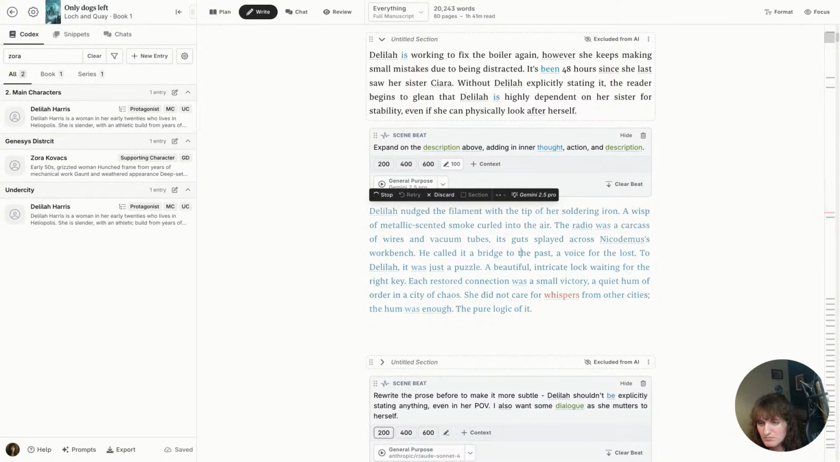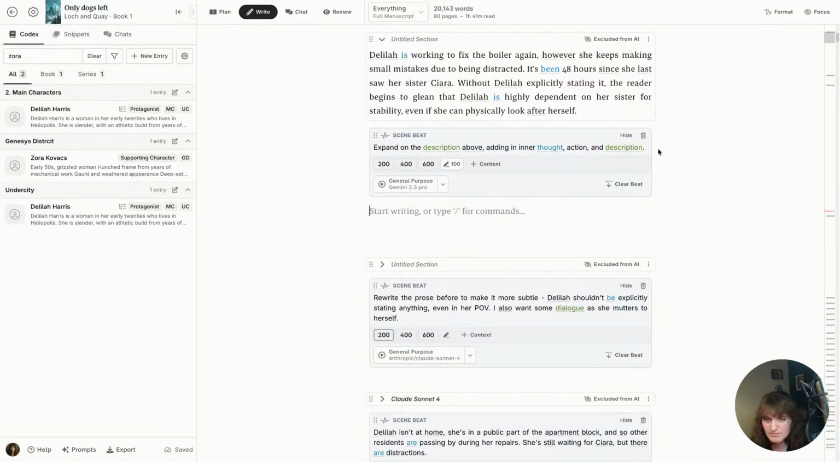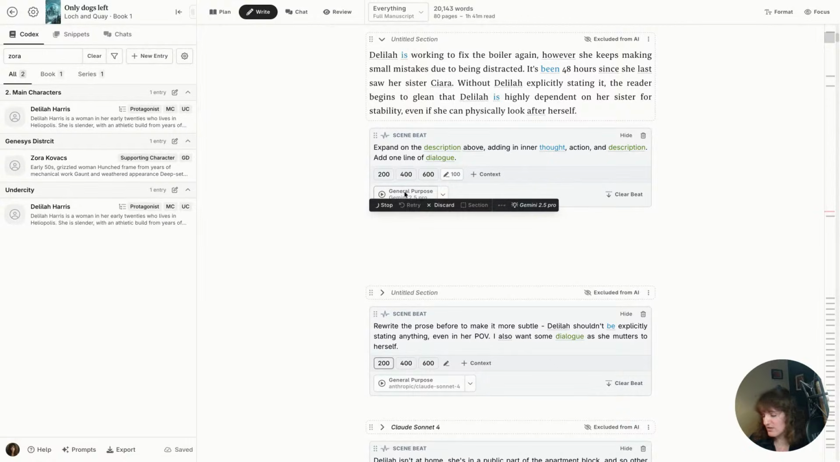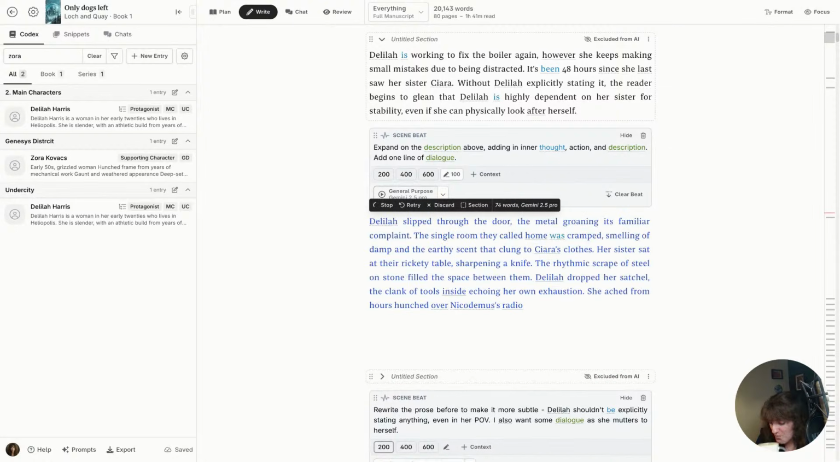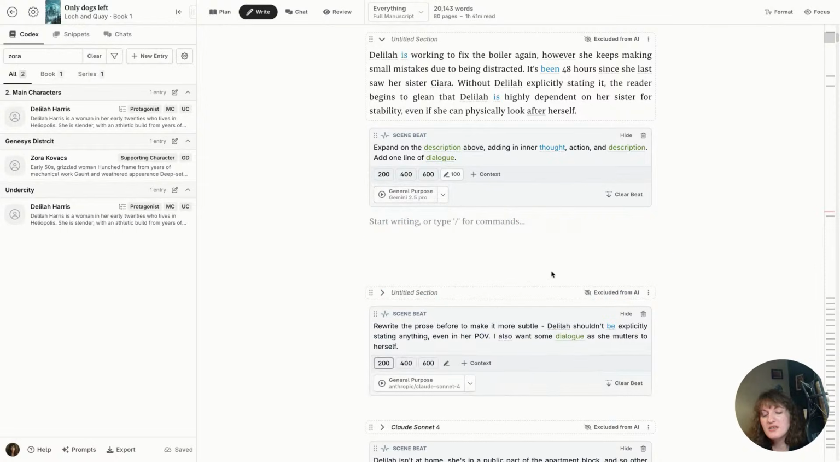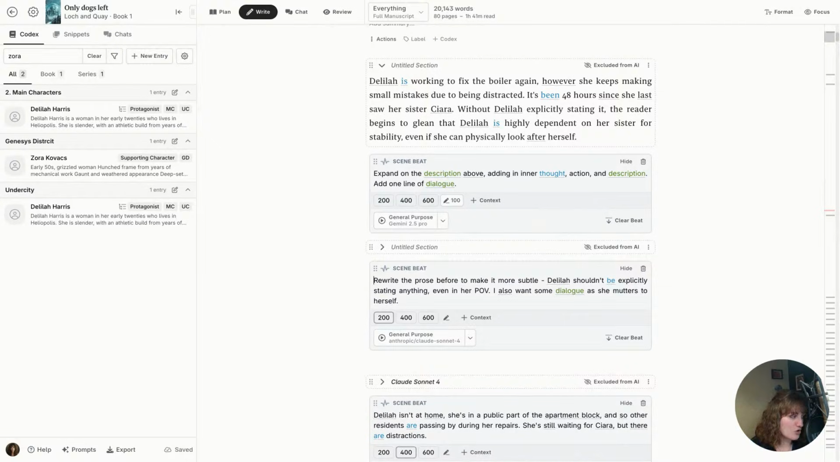I'm just adding one dialogue so we can test this. They do look different. So I would think that maybe the curly quote thing is an issue with the model and not with